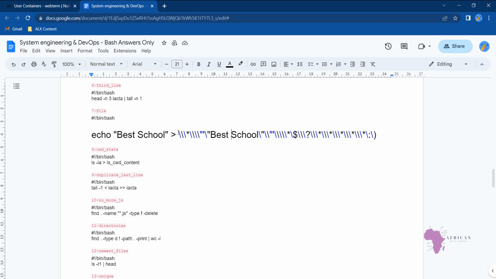Whatever is in blue is used to help us escape the next character. If you notice here, the first 4 characters, we have 3 backslashes and 1 asterisk or 1 star. So the first blue helps us escape the second